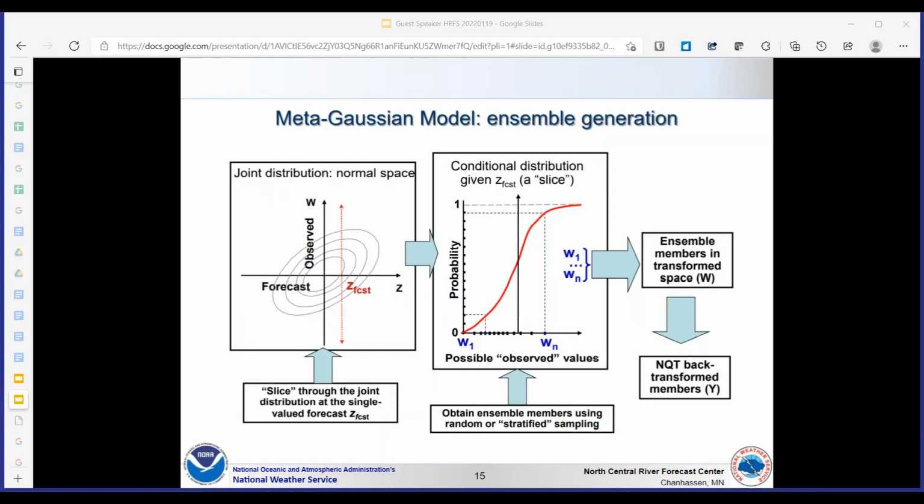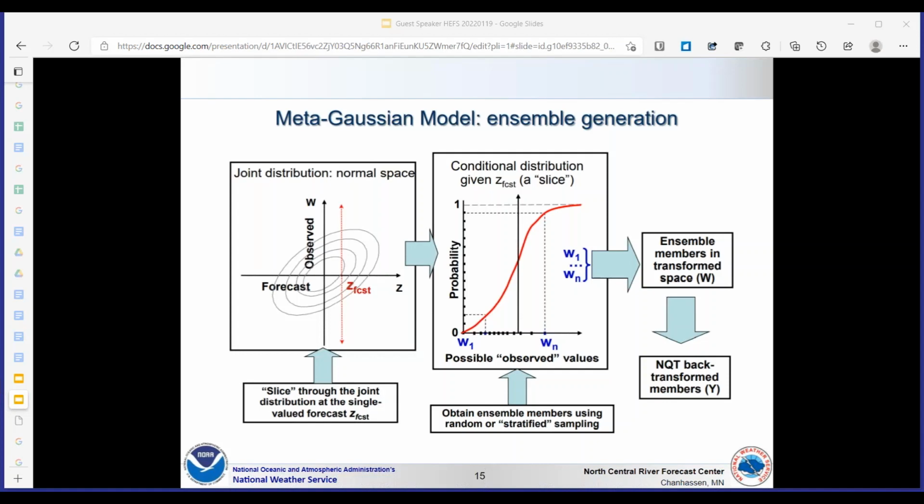So, in order to generate the unbiased precipitation and temperature ensembles on an operational basis, we need to compare meteorological hindcasts with our historical calibration forcings. The left plot in this slide shows a joint distribution of forecast values along the x-axis and observed values along the y-axis.